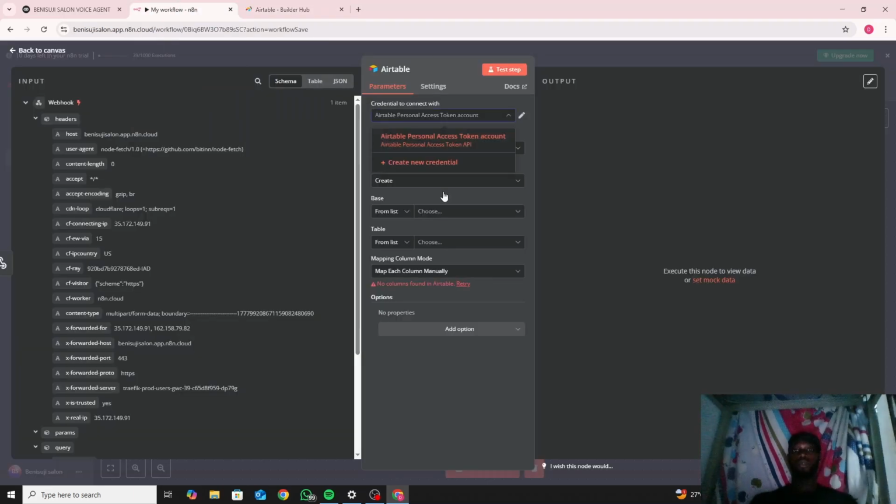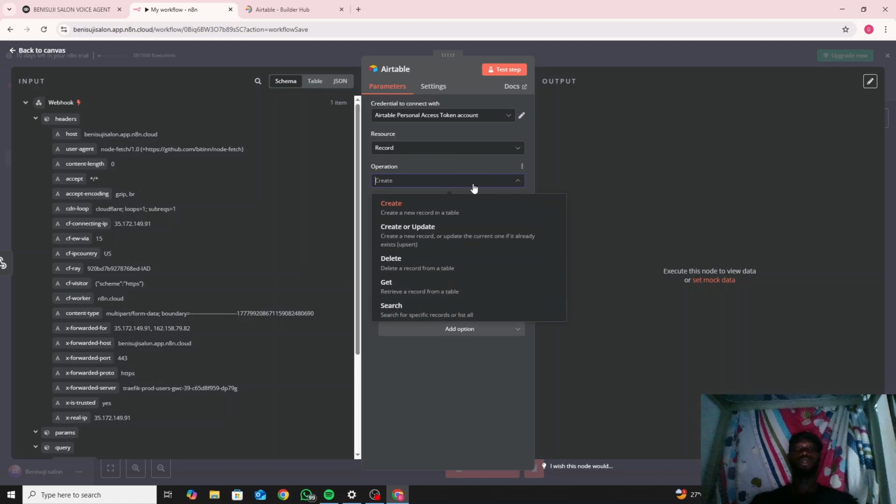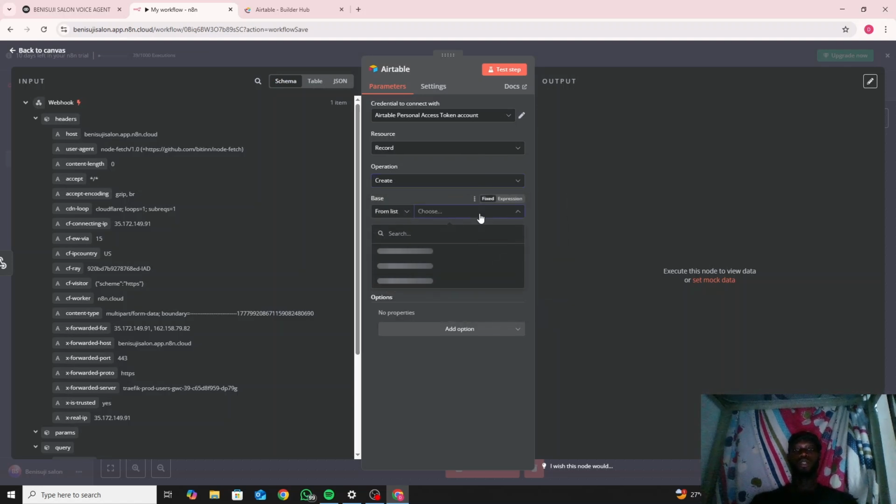I just want to confirm first, while that is still loading. Once you create, I will still explain that one. I just want to make sure that everything is done. So what we're doing is we're creating a new record. What base are we using? This is the base I already created because we already did before. So we're using this base, and